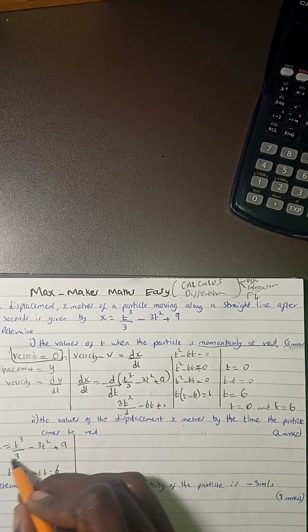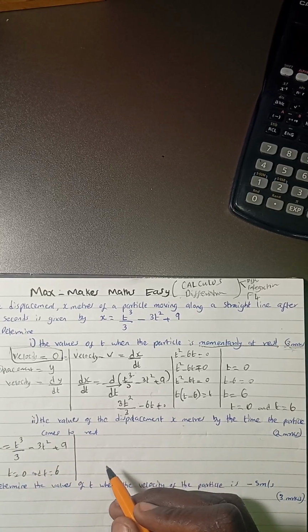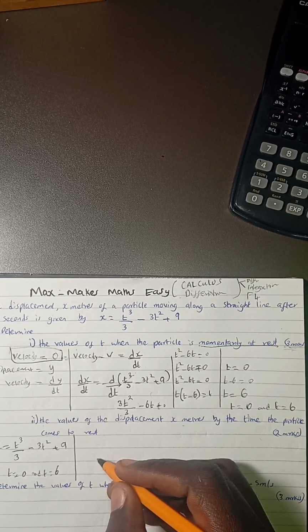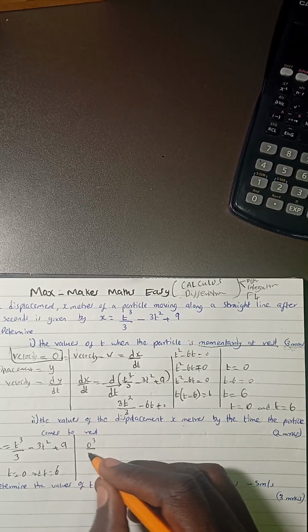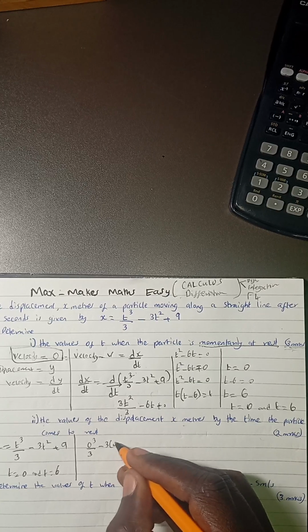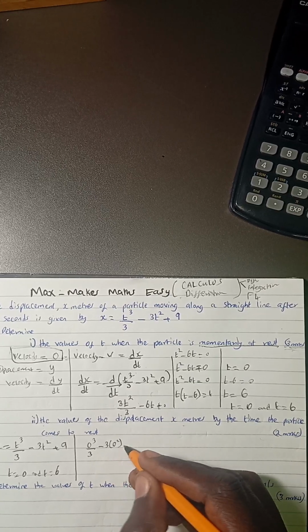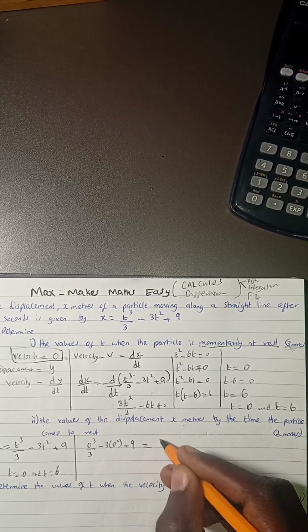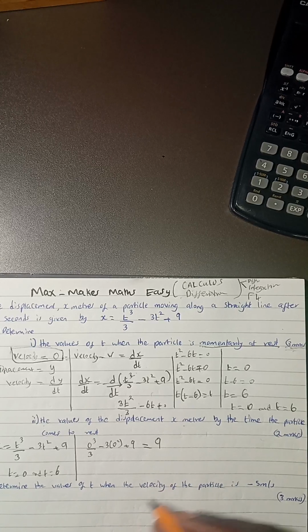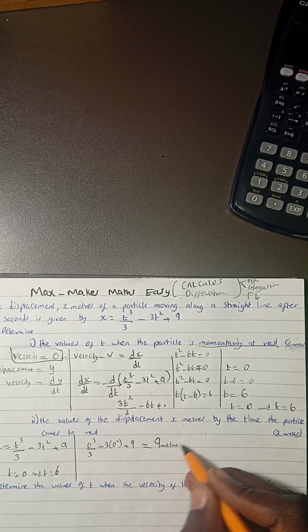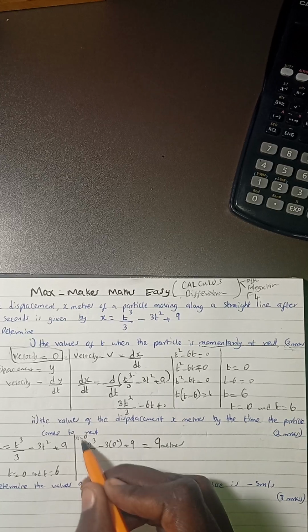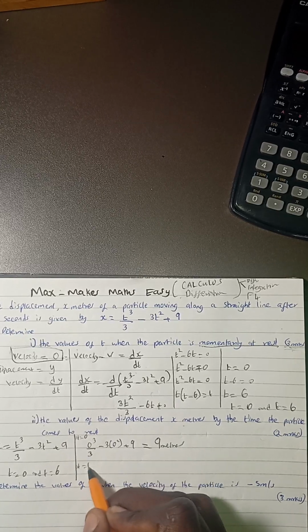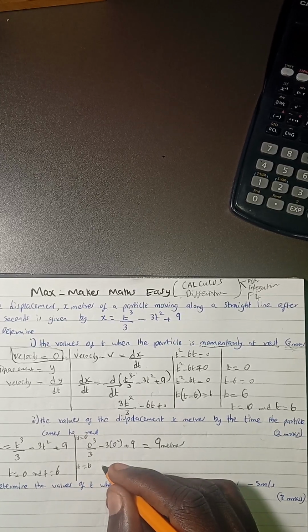So we have to replace t with 0 and replace t with also 6. So it will be 0 cubed divided by 3 minus 3 raised to 0 raised to 2 plus 9, and this becomes 9 meters. When t is equal to 0 and at t is equal to 6, the solution becomes